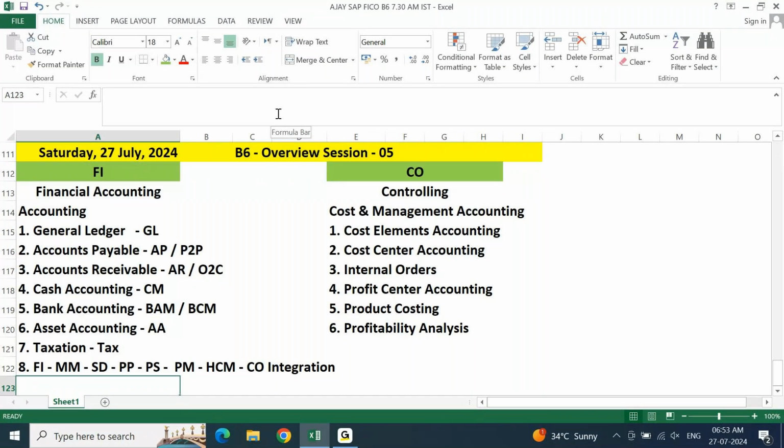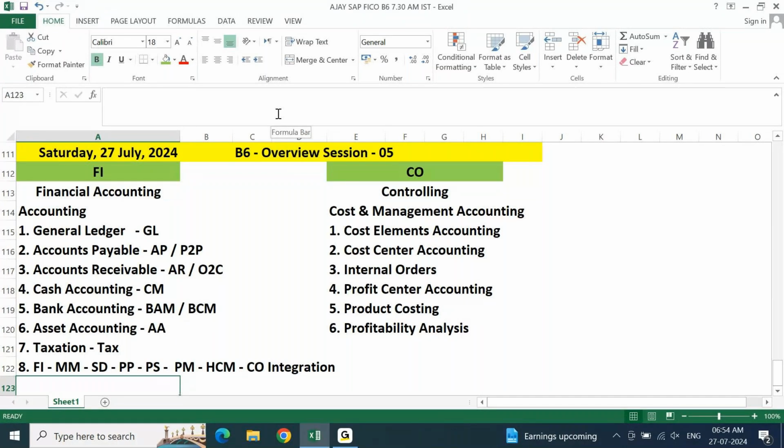That's where you represent integration, meaning some activity is performed in the other module, which results in debit credit in your accounting. It can come from your FI side directly, or from MM side, ST side, PP side, PS side, PM side, HCM side, or CO side. Data exchanged between two modules is what we represent as integration between two modules. This is where you talk about system integrations, or cross-functional or cross-module integration. One is your FI, the other can be any of the other modules listed here.